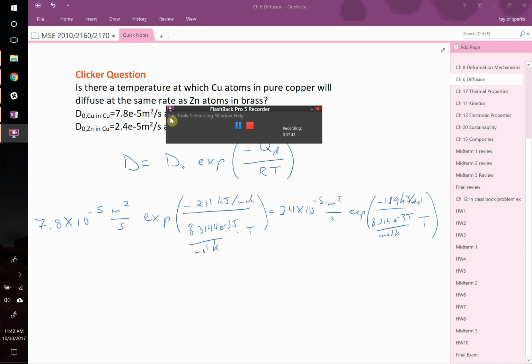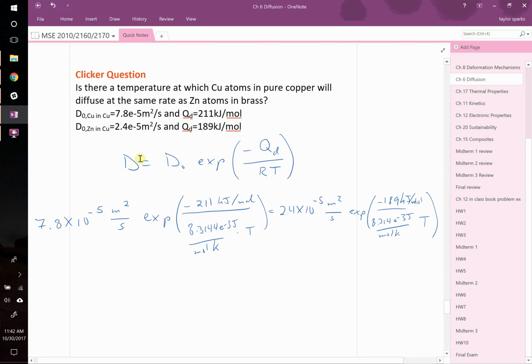Okay, so to set this question up, it's actually pretty straightforward. You know that the diffusion coefficient, D equals D0 times the exponential of negative activation energy for diffusion over RT. So all you have to do, if there is a temperature at which they're the same, is write two equations. This one right here is for copper in copper, and this one is for zinc in copper. The only thing you don't know is temperature. Setting those equal, you could solve for the temperature